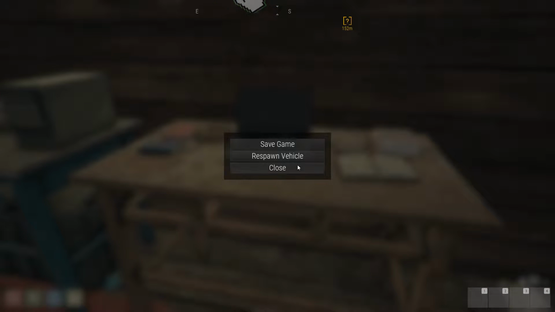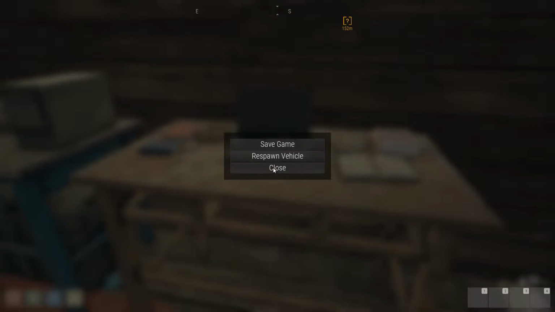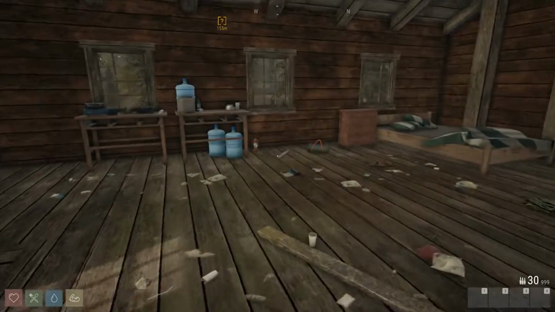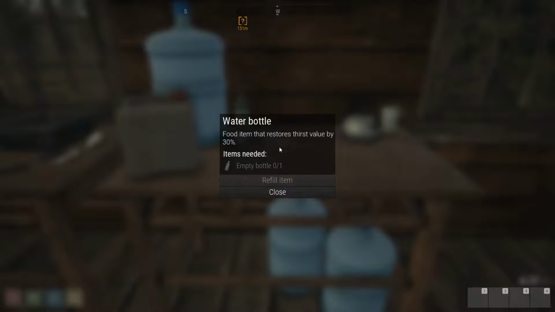These are what they look like. I'm not going to save it because I've already got 2 slots from playing earlier. And you can use this to respawn your vehicle, which is actually located outside. You come upstairs and you've got a filling station, which if you have an empty water bottle, you can use